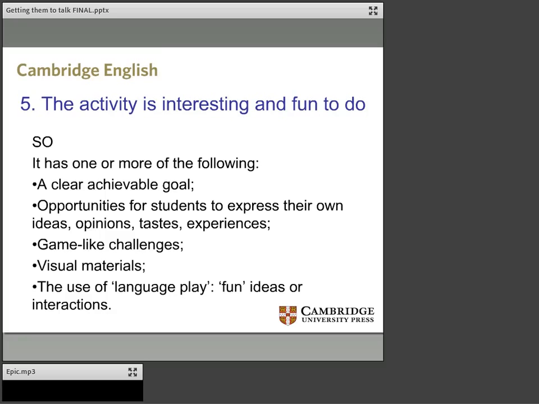Then finally, there's the use of language play, just playing with funny ideas, even if it's not really exactly a game, but sometimes playing with ideas, playing with vocabulary, playing with interactions. And again, I'll give some examples later and remind you that this is what I meant. Okay,